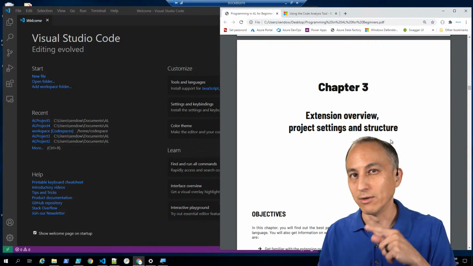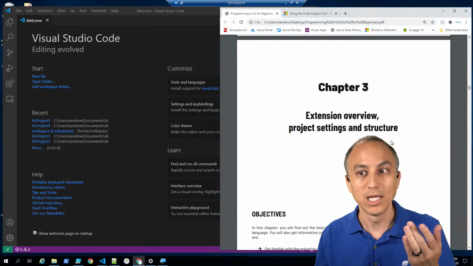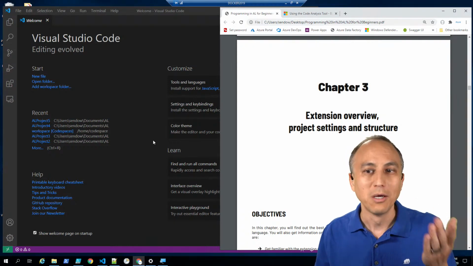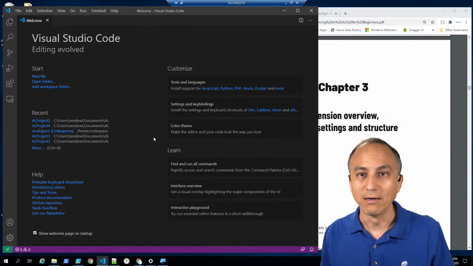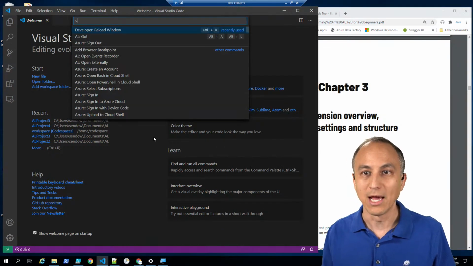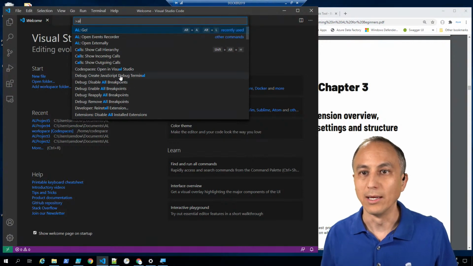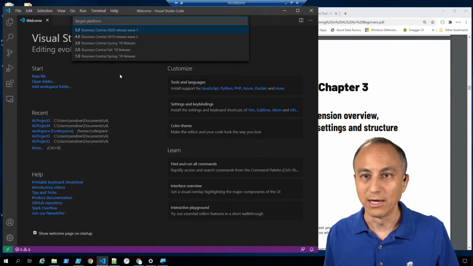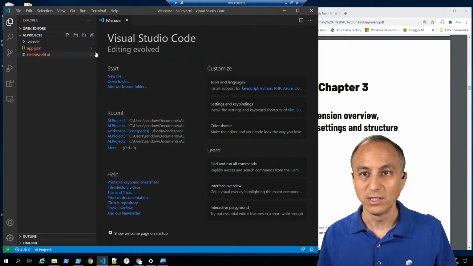Now that I know what I did wrong last time, I will point out that mistake, because it was confusing me at first, and then I got stuck. So I'm assuming I'm not the only person on the planet. Before I get started with that, let me just set up a new project. I'll press F1, type ALGO, and press enter, and AL project 6, target platform 5.0, and local server,